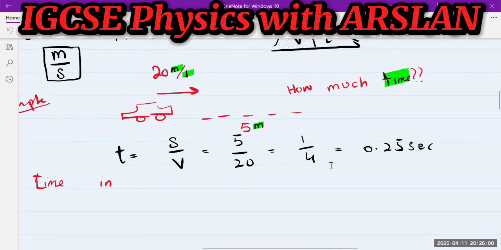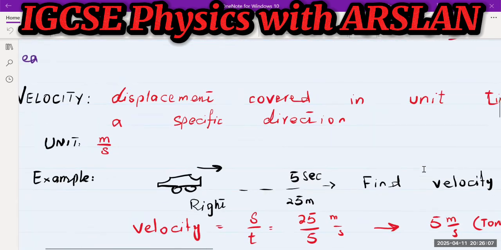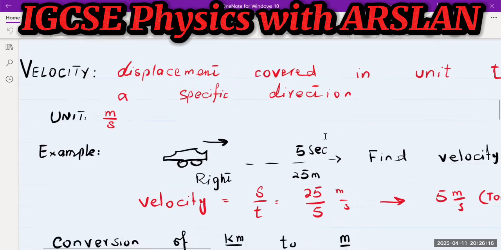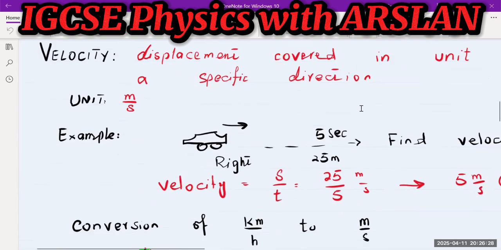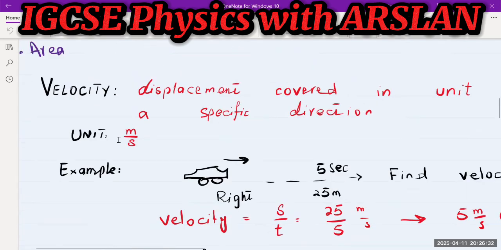So 5 over 20, that will be equal to 0.25 seconds. What is velocity? As I told you, there is no difference, but only one of them is scalar, one of them is vector. So velocity is displacement covered in unit time. Only displacement represents the direction. Distance represents the scalar quantity with only magnitude. So displacement covered in unit time in a specific direction is called velocity, and the unit of velocity is meters